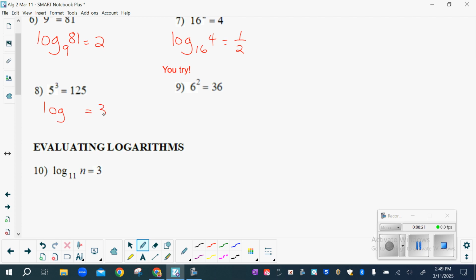Good. He knows that that exponent, which is a 3, is the answer. What's the base? Yes. And then what goes here? What are we taking the log base 5 of? 425. Good. So again, just a reminder, since this is new to you, all of these are in the same